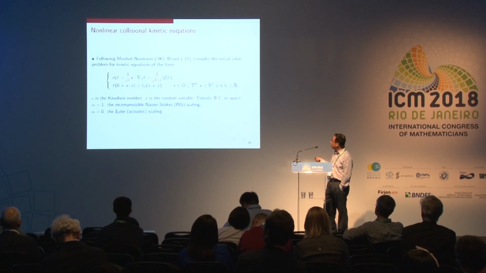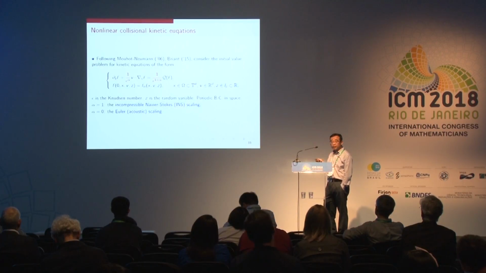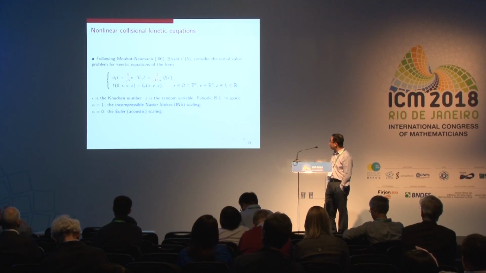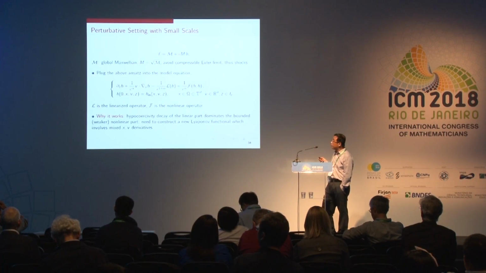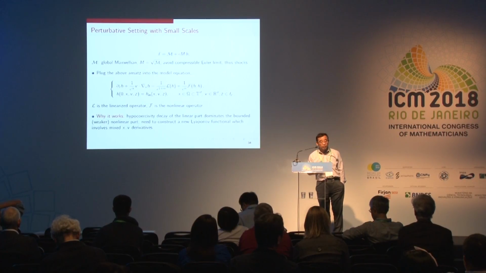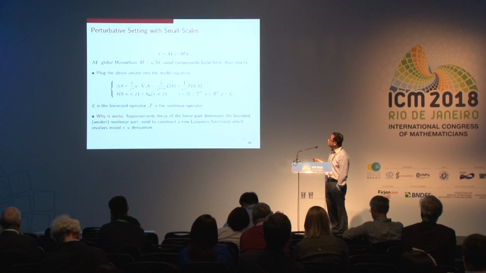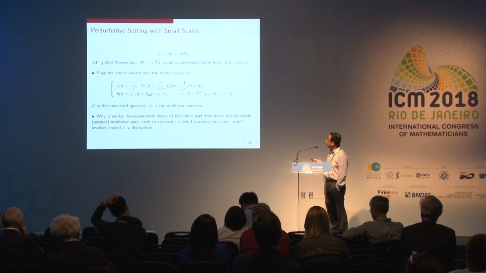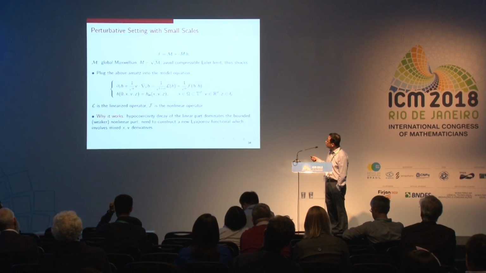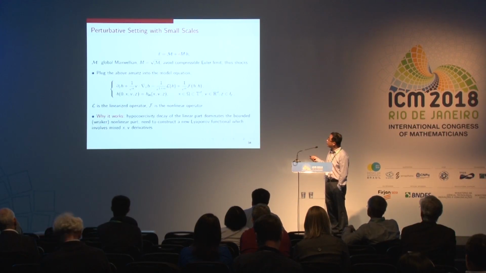And we consider periodic boundary condition. That can be generalized to general infinite space. So the main idea for this hypocoercivity is to use a perturbative setting, all right? So you essentially assume F is this global Maxwellian, which is deterministic, plus fluctuation. And so you plug this into your kinetic equation, then you get an equation for this fluctuation H,